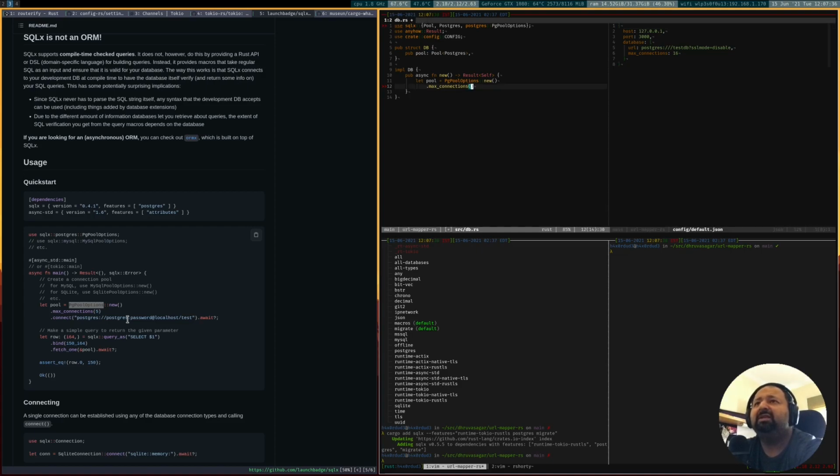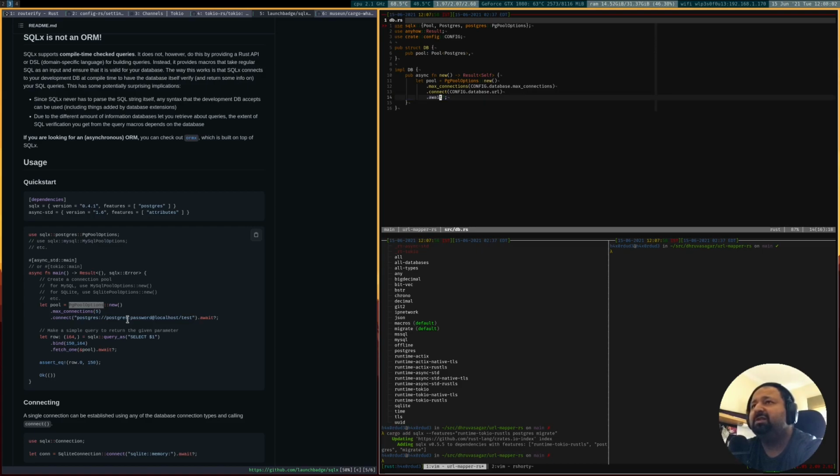So we will now use this, database.max_connections. This sets up the max connections, and then we have to actually connect. For that we will be using the database URL, and then we just await, and we pass on the error in case there is one.